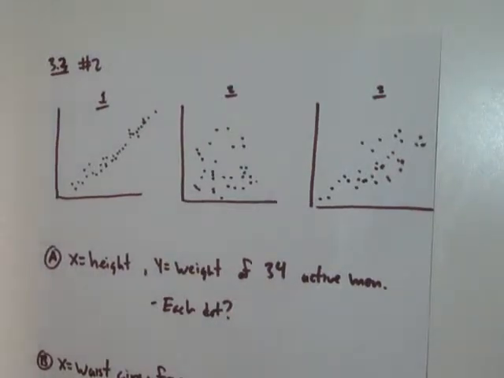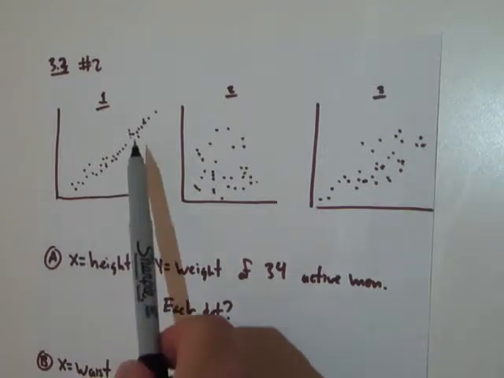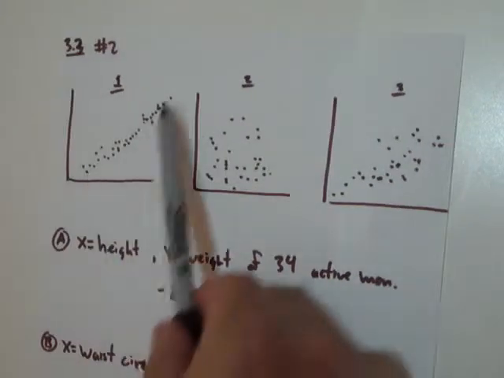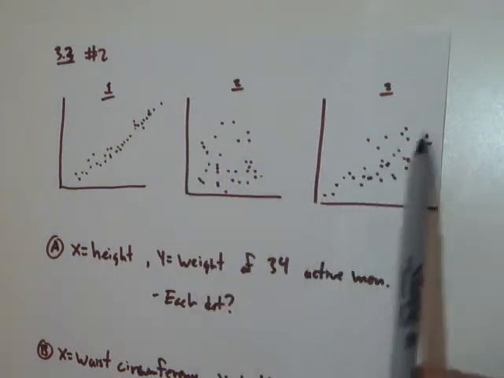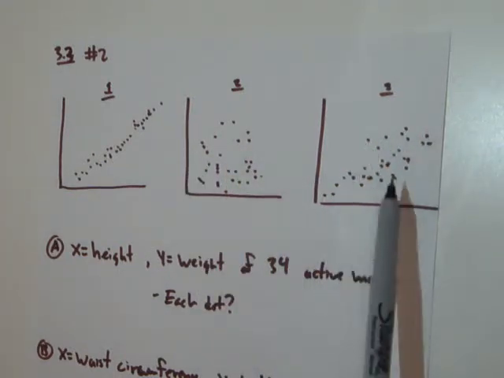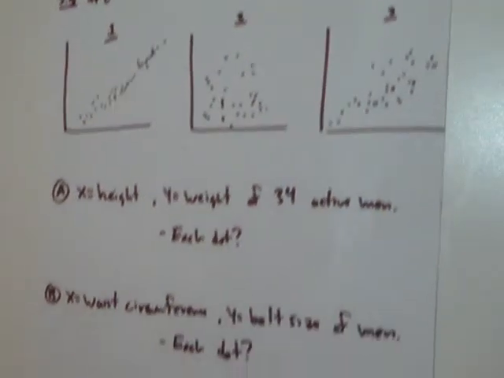Alright everybody, so here's our three scatter plots for number 2. We had one that looks something like this, very close, tight dots going in a positive direction. We had one that was kind of all over the place, and one that was still positive, but a little bit more scattered out. So something like that. And so our three scenarios were like this. We had